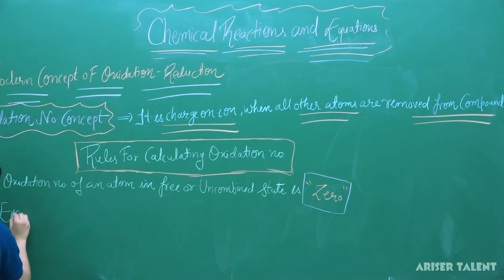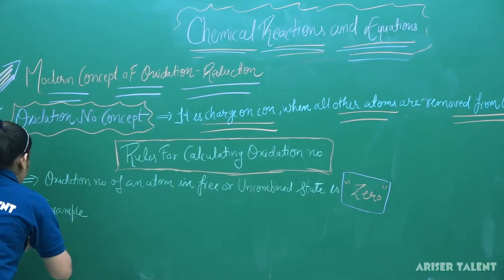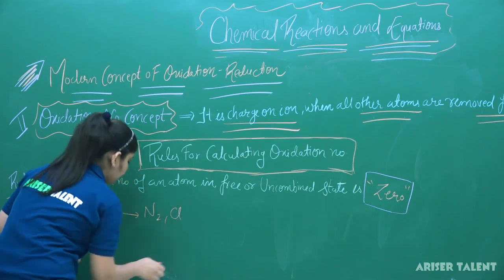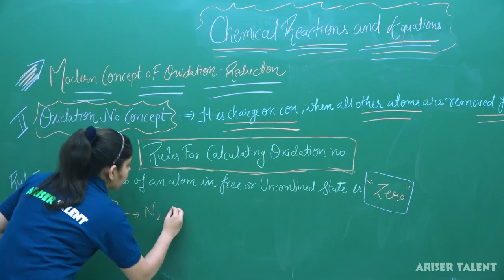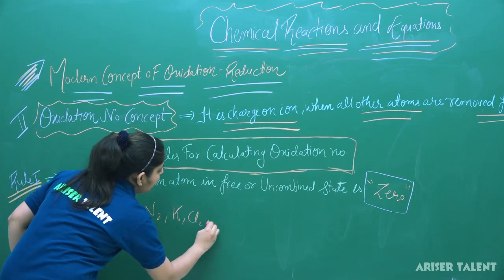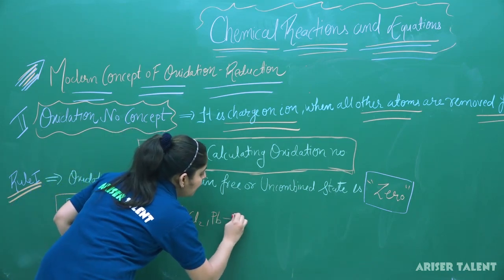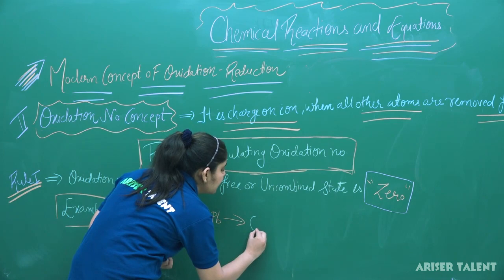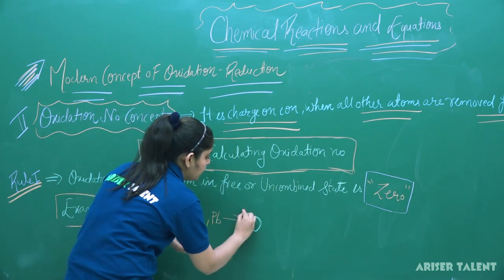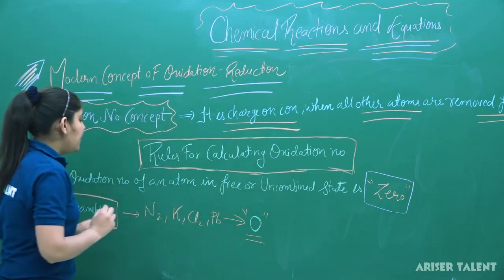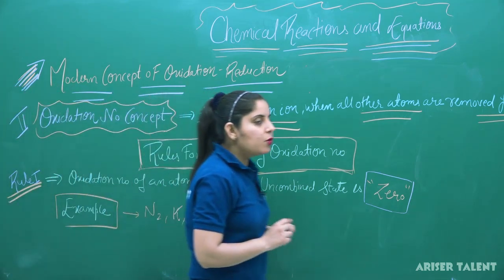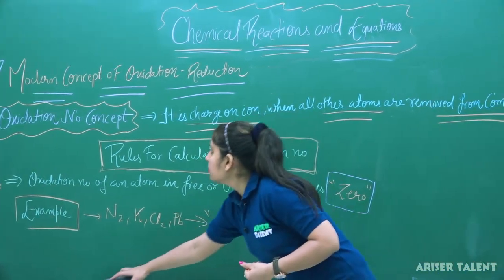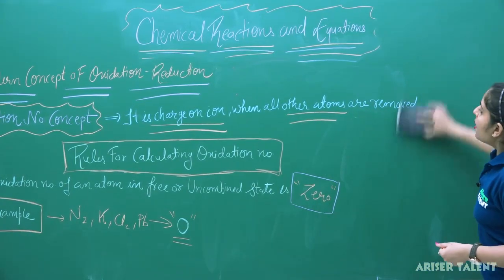I am taking an example over here. Suppose we have an example of N2, K, Cl2, Pb. If the element is present in the uncombined form, that is they are in the free form, so their oxidation number will be considered as 0. Now this is our rule number 1. Now we are coming to our rule number 2. What will happen in case of the oxidation state of other elements? So our second rule is,